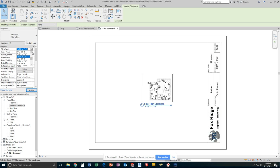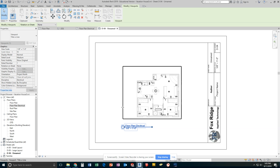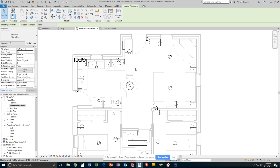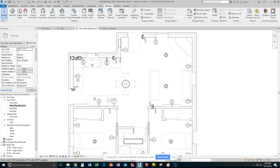scale. So I'm going to try bumping that up to 1/8. Which fits pretty well. I think 1/4 will knock it off, but as you'll notice, those have now come down in size. So I come back here and scroll in and out a little bit, you'll notice those are now much more manageable size-wise. So the first thing I'm going to do is I'm going to connect the switches to